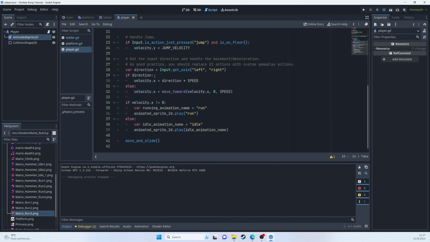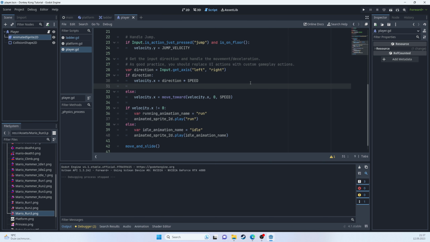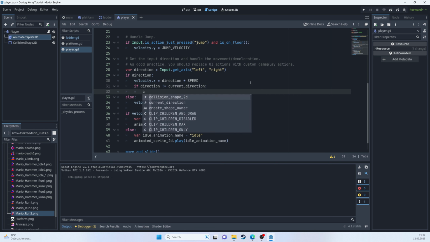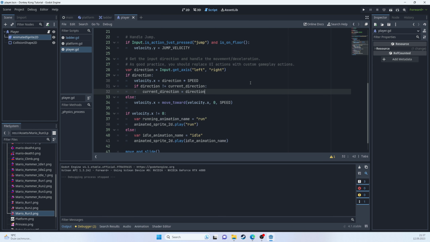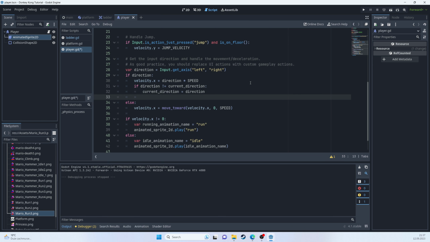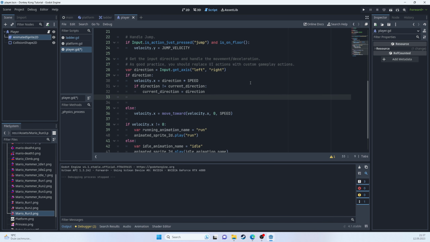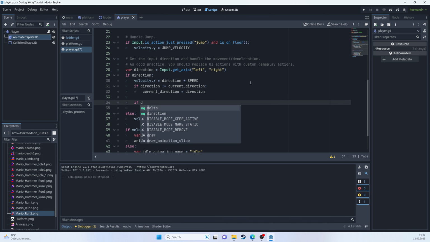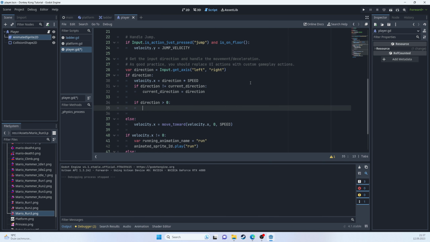And here, if direction, we set the velocity, this is cool. And then if direction is not equal to current direction, we'll set the current direction to be direction. And then if direction is greater than 0, we'll say animated sprite 2D flip horizontally is equal to false,